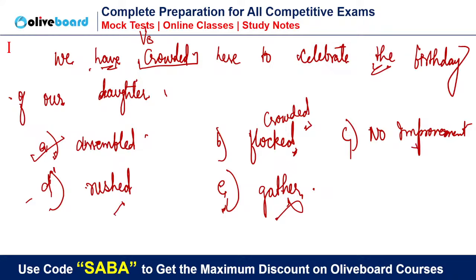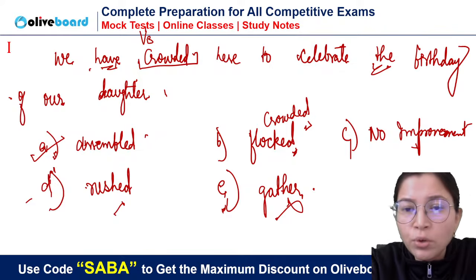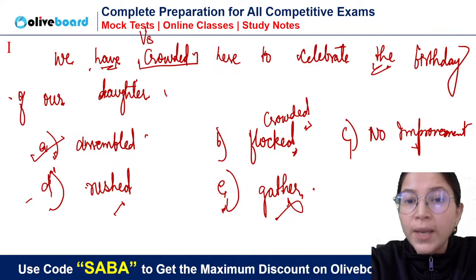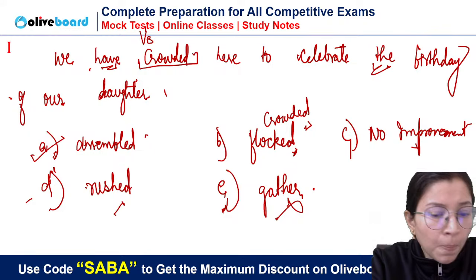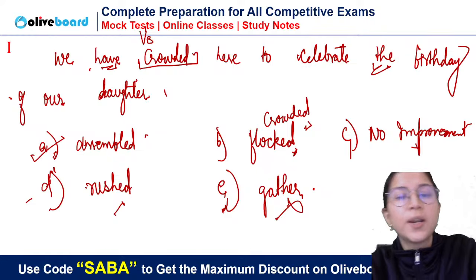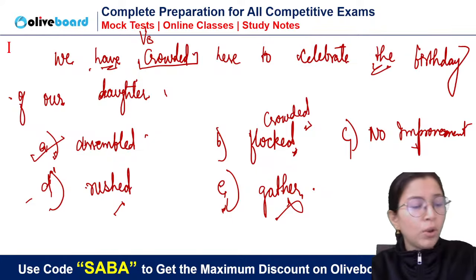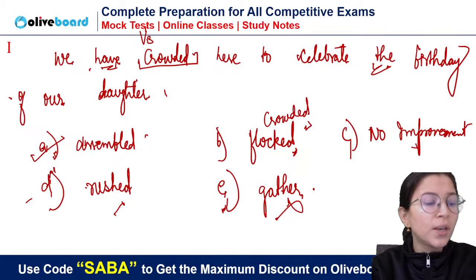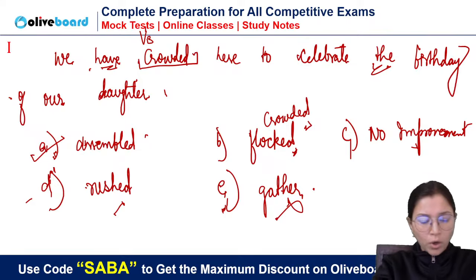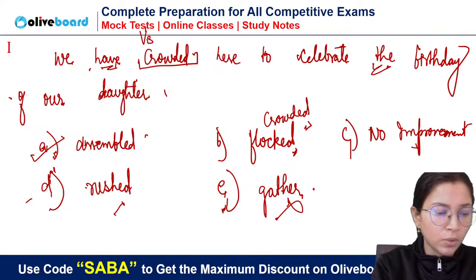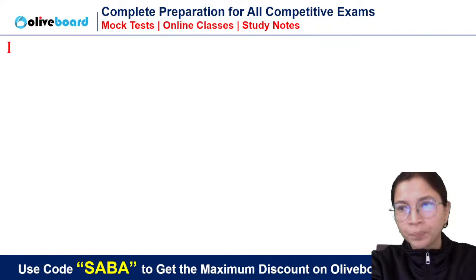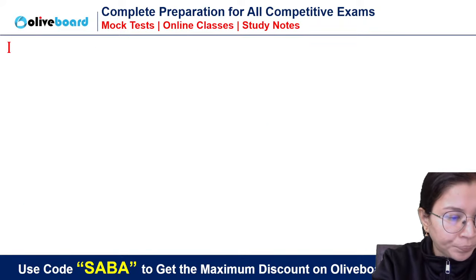See, I'm just giving you examples and references of how we have to study for our bank exam. We need to focus on grammar also, vocab also, everything. Is it clear? In fact, for the words that you have studied as synonyms, you even need to find the difference between two synonyms as well. So what could be the difference between two synonyms? That also you need to find. For example, I'm giving you one more case.